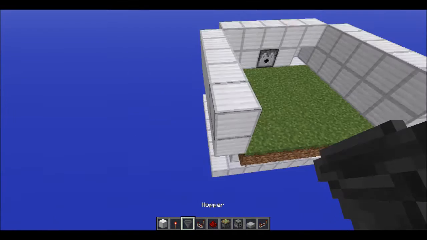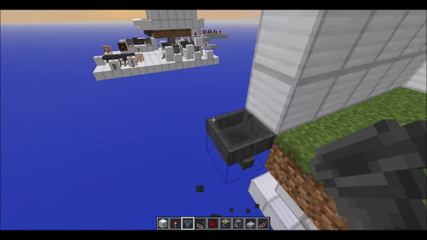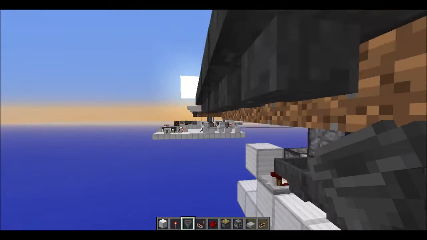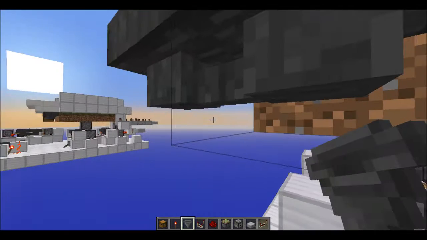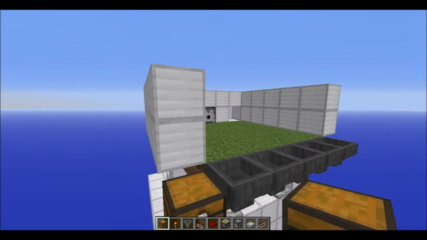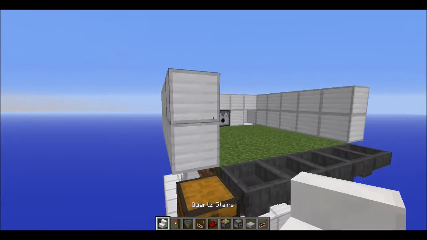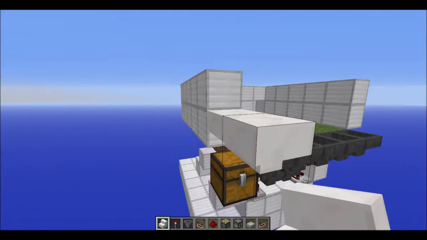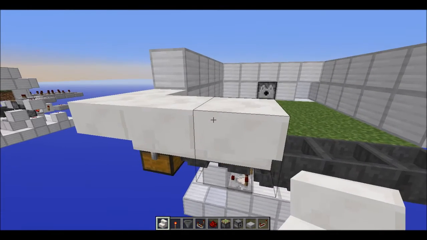We're gonna put a hopper line going in. It doesn't really matter how far it goes. I'm just gonna do it like so, and put a chest right here. For now, you can just extend this further out if you want to. I'm gonna use quartz stairs because that looks the best, and do a little design work. So I want the stairs to be quarter,